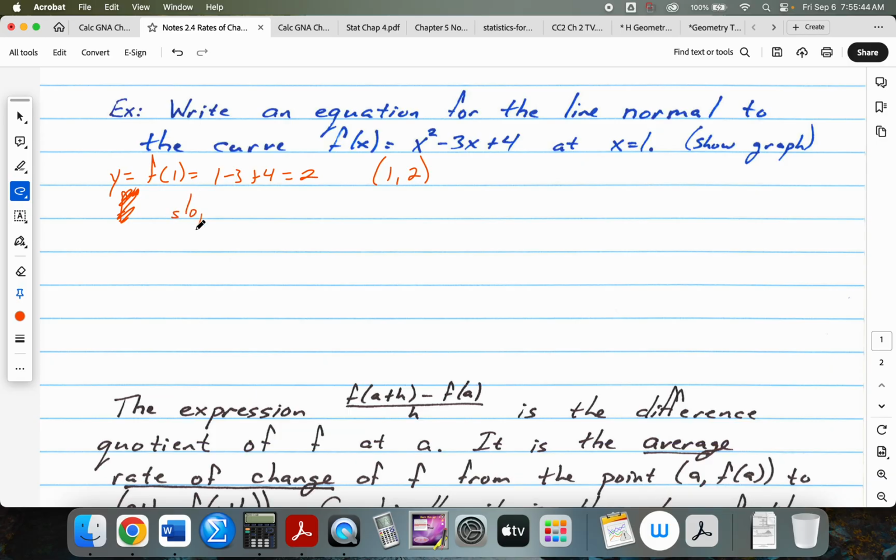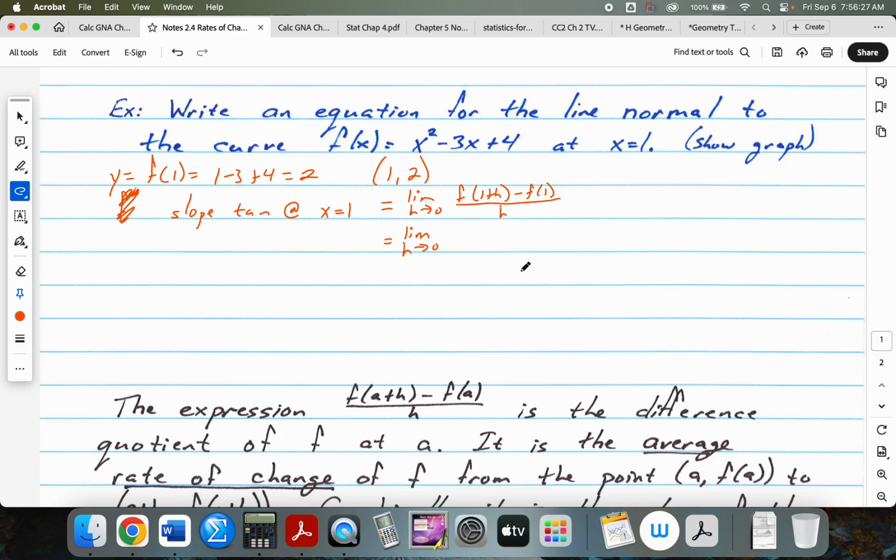So the slope of the tangent line at x equals 1 is going to be equal to the limit as h goes to 0 of f of 1 plus h minus f at 1, all over h. And you can say 1 plus h minus 1 if you want to, again, to remind you that this is the slope. So that's going to be the limit